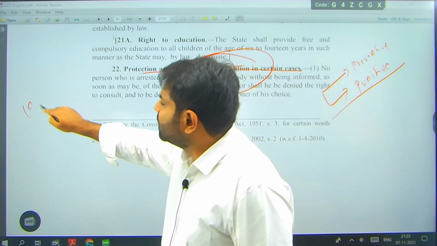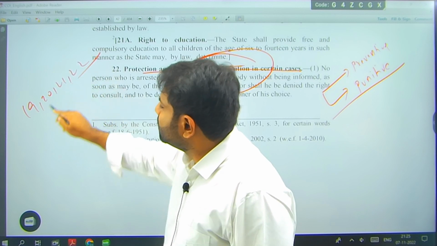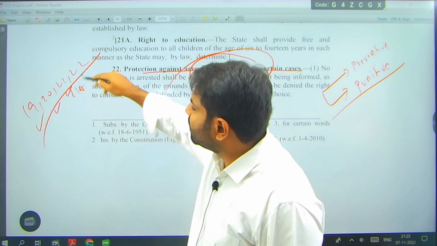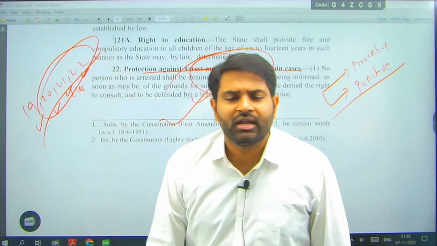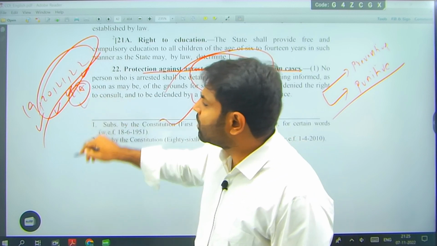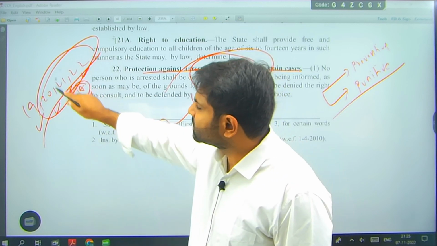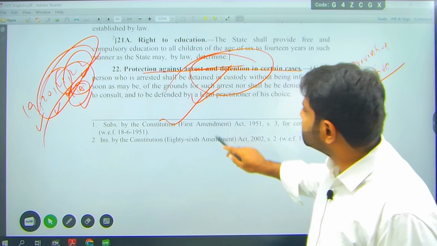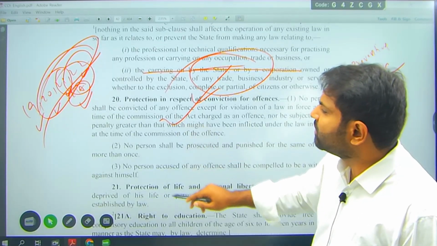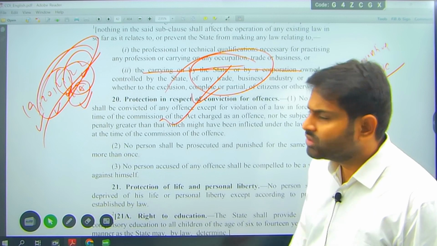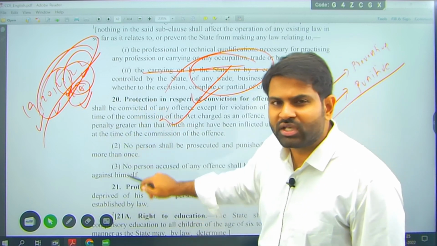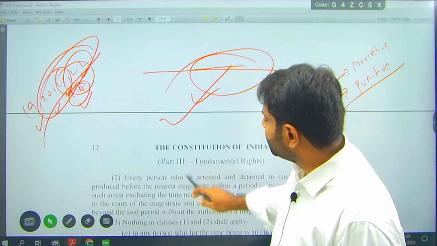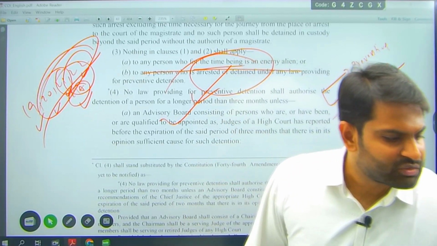That is done. 19, 20, 21, 22. 21A is also there here. 19 is talking about different freedoms. 20, 21, 22 especially are protection against state. 21A is talking about right to education. So 21 is right to life and personal liberty. Similarly, Article 22 is about protection against arrest and detention, and Article 20 is protection against conviction of offences. So you can see Article 20 is a little relevant to judiciary, Article 22 is directly relevant to policing. So those are the articles which we spoke.